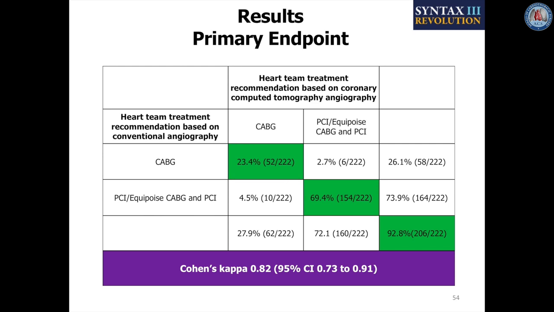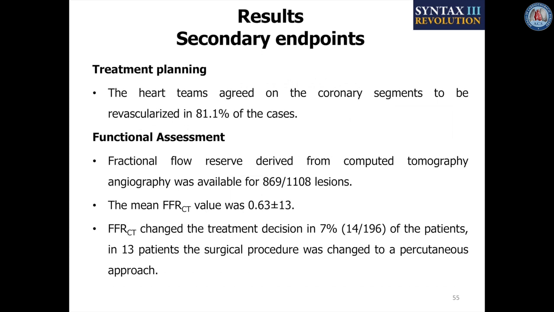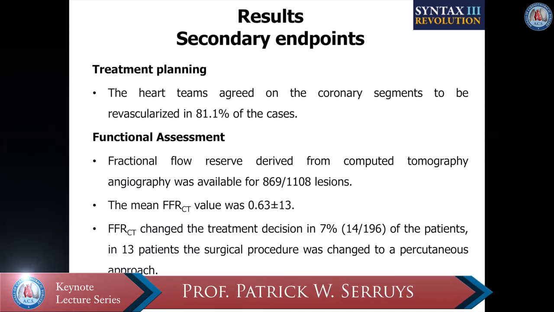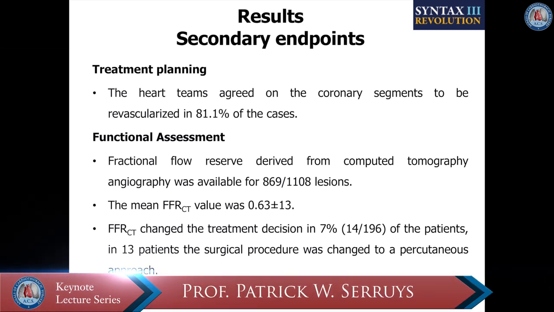If you look at the statistical language used for Cohen's kappa, 0.6 to 0.8 is a substantial agreement. Above 0.8, they are talking about almost perfect agreement. And then you see that the heart team also agree on the coronary segment to be revascularized in 81%